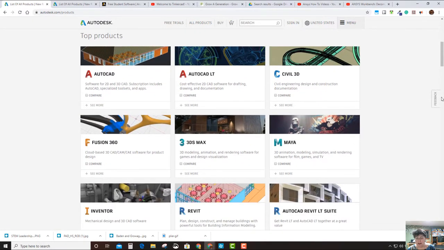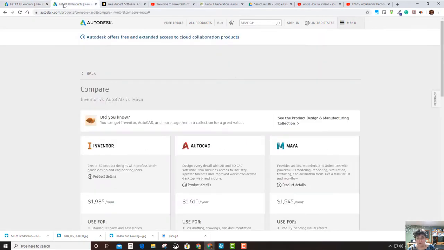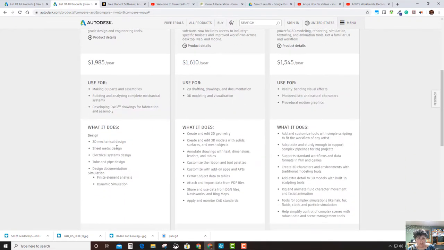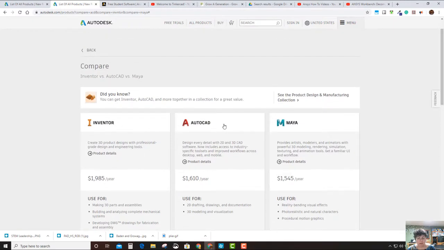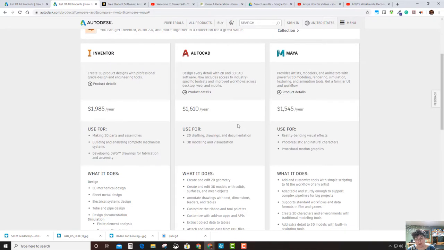The ones that the students I've worked with have been involved with include Autodesk Inventor. That's for those that are working in robotics. And this gives you sheet metal design. So when you're doing a first robotics competition, you need to design in Autodesk Inventor. AutoCAD is the most popular I've had with the students that are learning in their engineering classes and in their